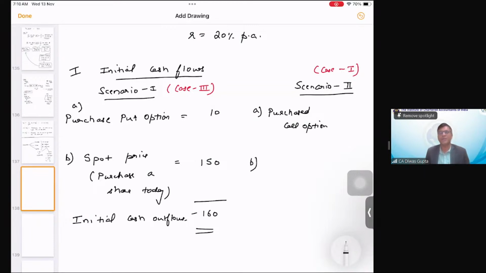If call option is purchased, then what should I do? I should invest present value of strike price, because tomorrow if the option is exercised, I have to pay strike price equivalent of money to purchase the share. So 15 is the premium on call option. And here I have to invest present value of strike price,